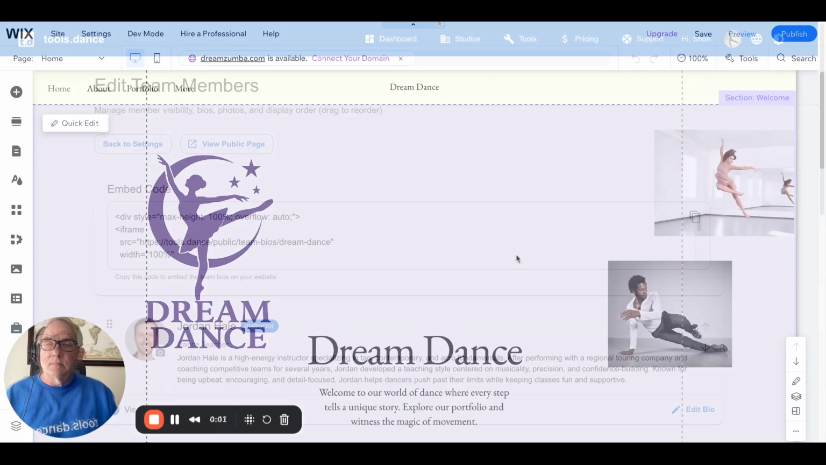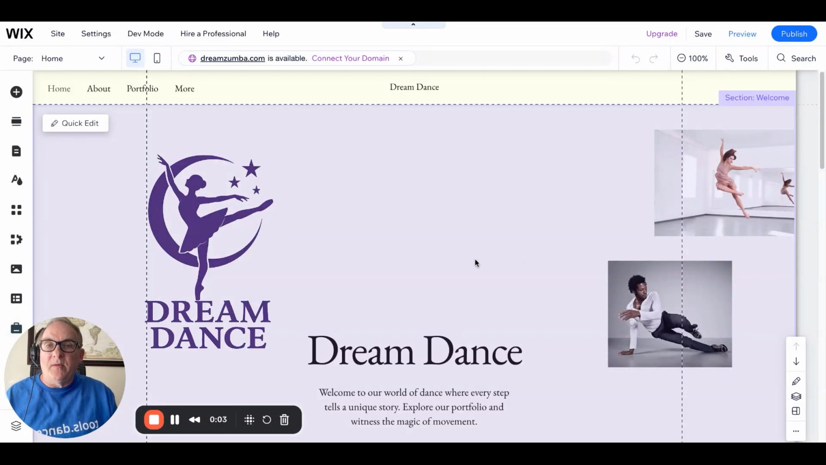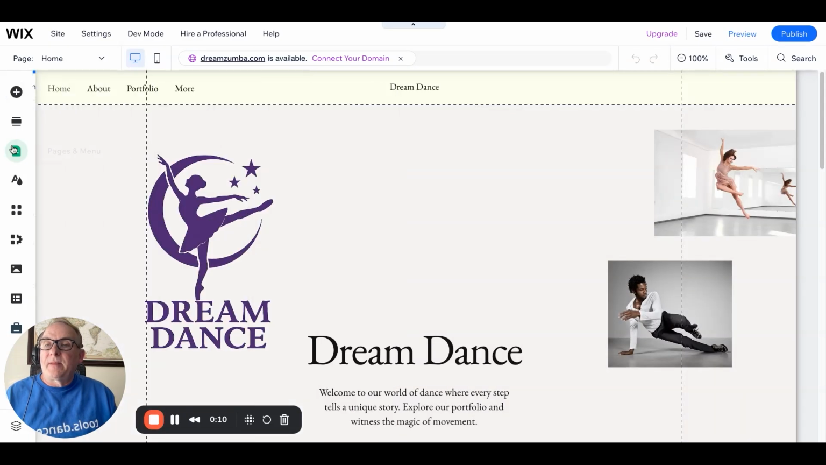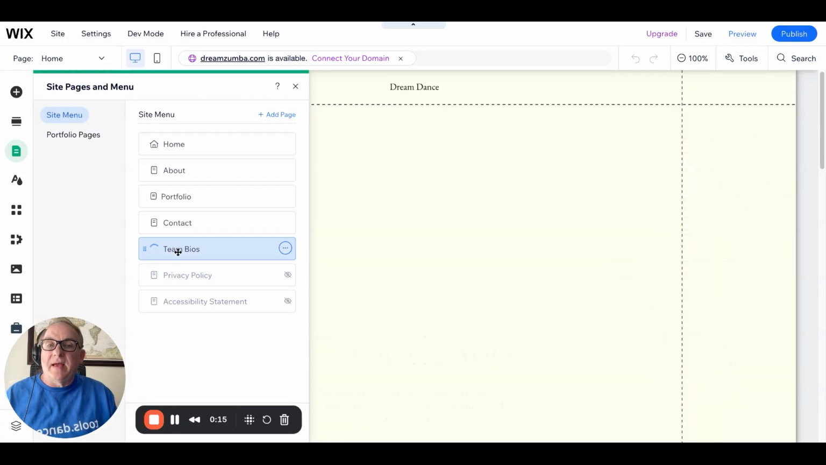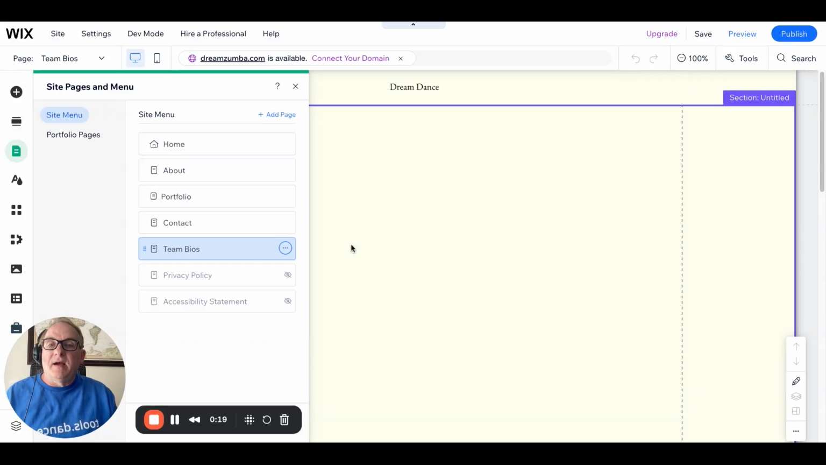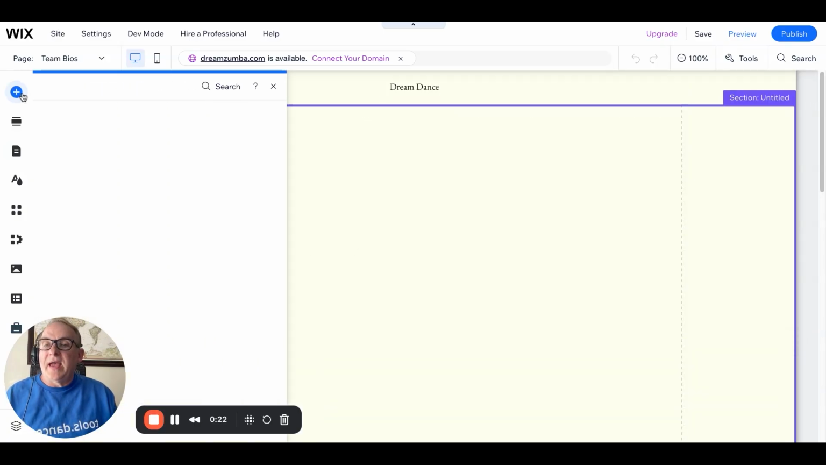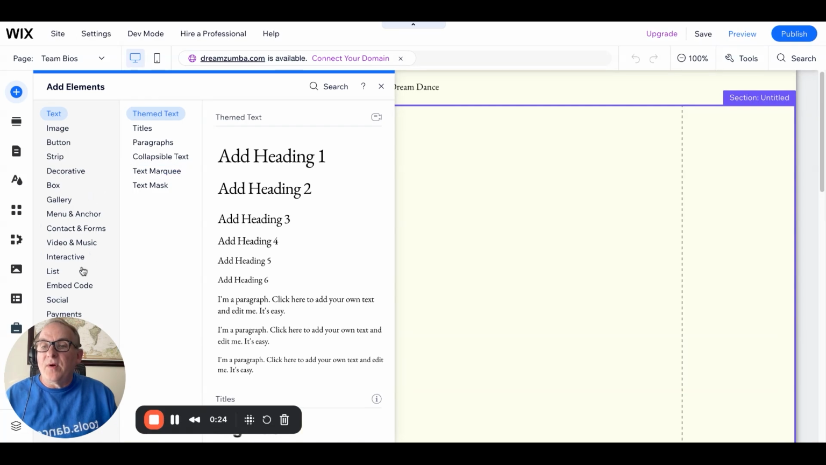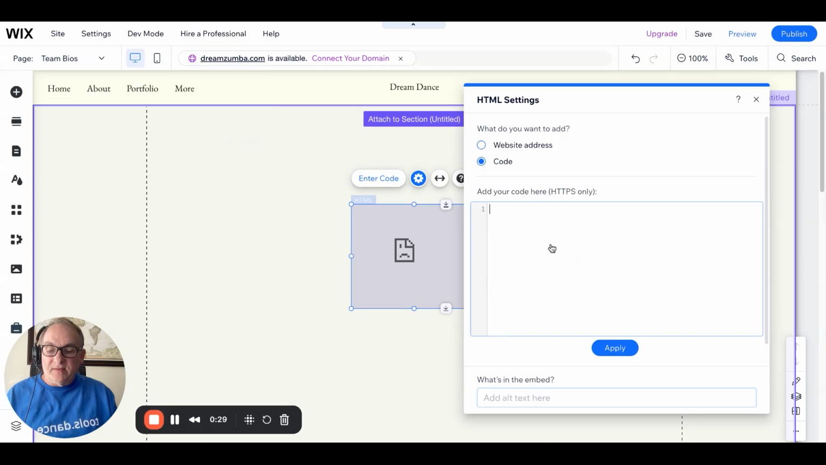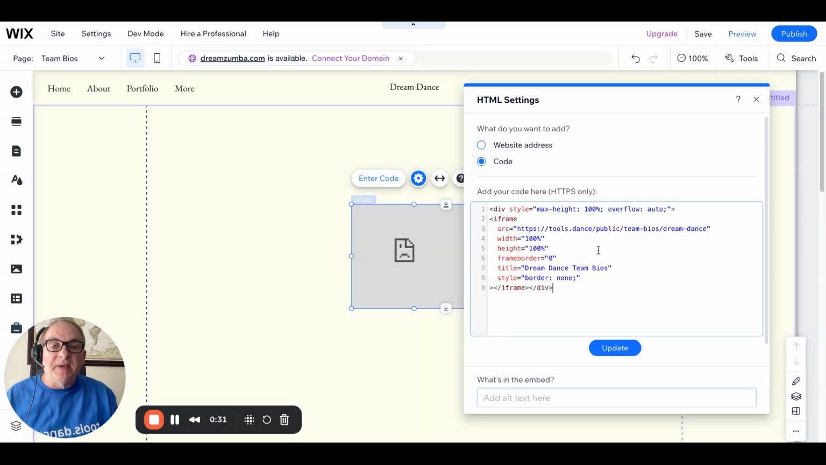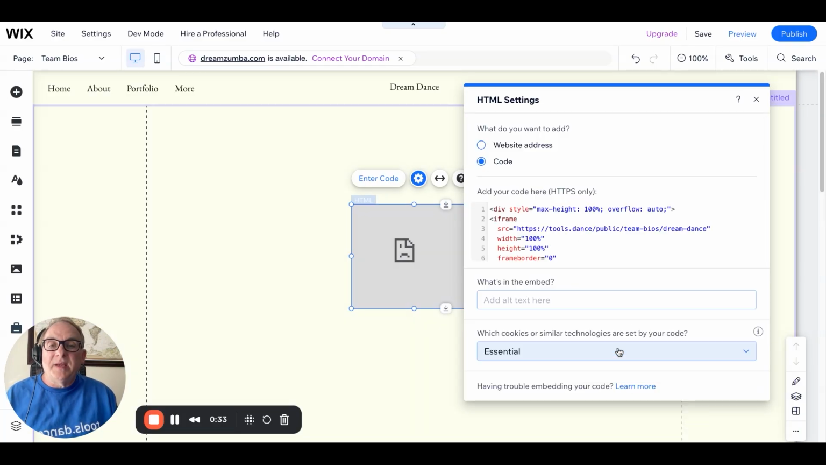And then I've moved over to my Wix page that I'm in edit mode right now. I've created this page here called Team Bios. So I'll click on that. And to use this HTML markup, on this page here, I just add an element. I look for embed code. I want an embed HTML. And then I just paste in that code that I copied and then click this update button